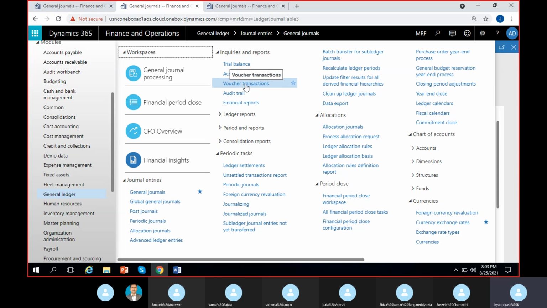I can show you here. Here you have the voucher transactions list. General ledger, inquiries and reports, voucher transactions, as you can see here. So if I click on voucher transactions,